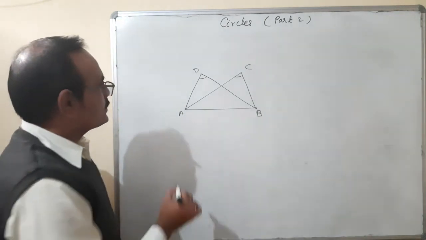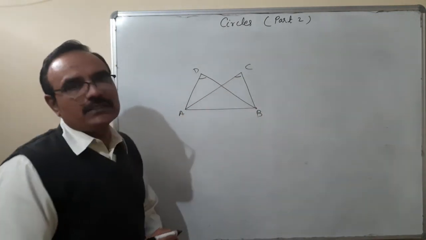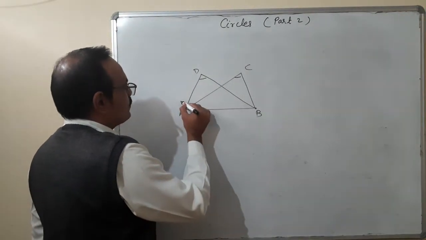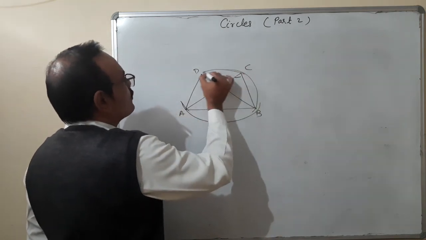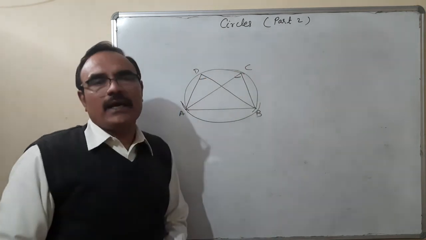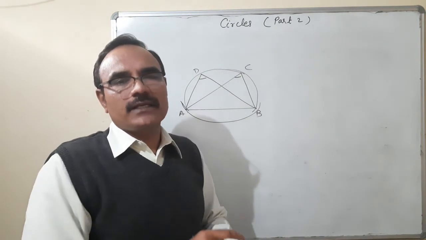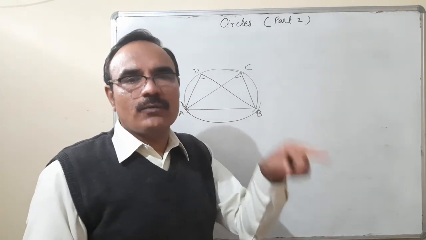Okay. Then these 4 points 1, 2, 3, 4, that means A, B, C, D, these points are cyclic. What do you understand by the meaning of cyclic? That means all those 4 points are lying on the circumference of a circle. If 4 points are lying on the circumference of a circle, then the 4 points are treated as cyclic. All these 4 points are cyclic.